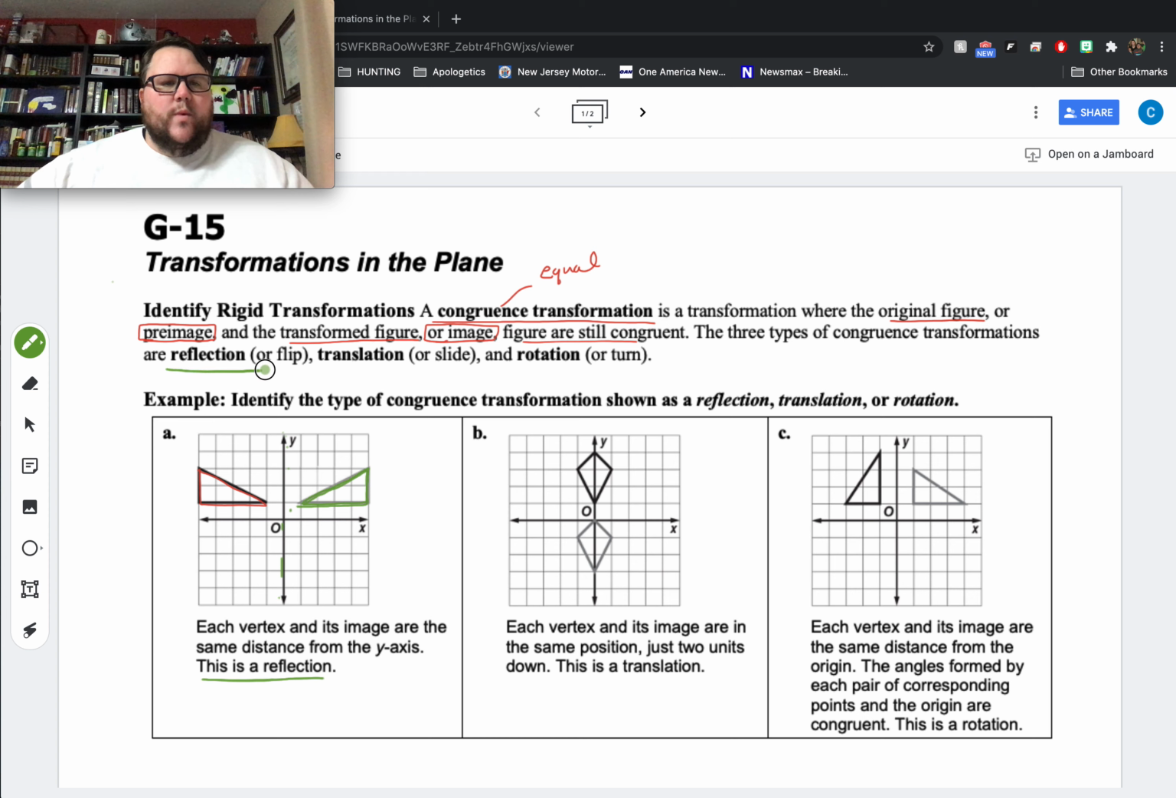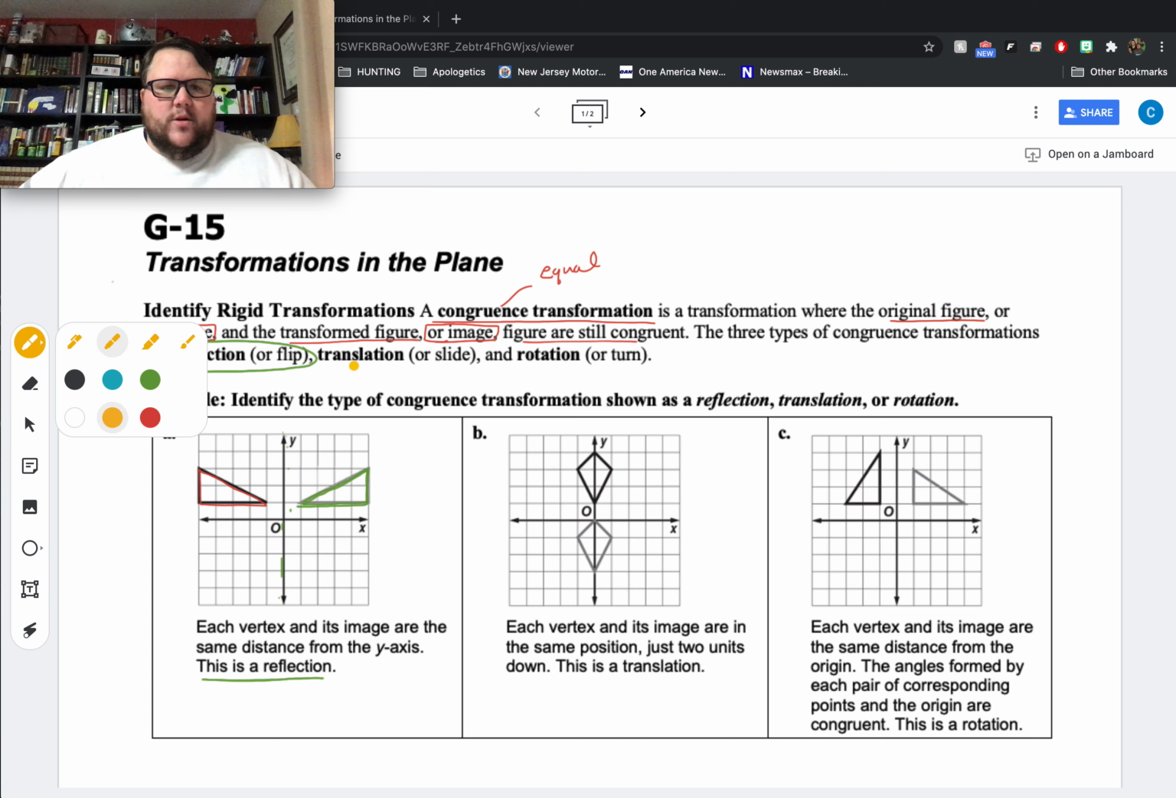So the first one we have is a reflection or flip. So you can look at it as two things. It's either reflected over the y-axis or it's just flipped. And if we notice this, this image is flipped over the y-axis. The next one we're going to look at is